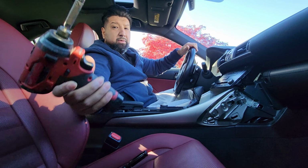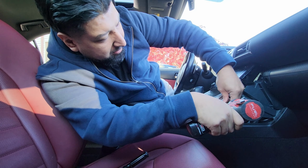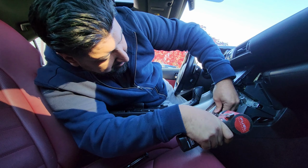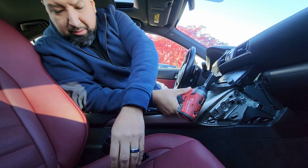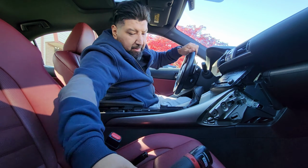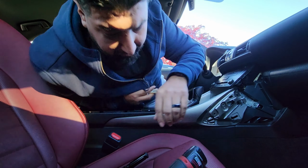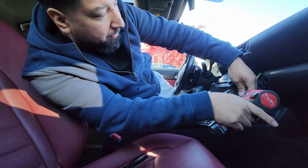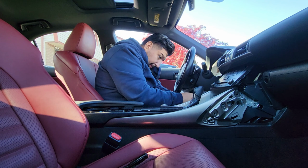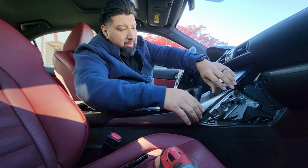Then we're going to remove the screws. That's one. And two screws. It's a third screw. Three screws. Okay. Now we can remove